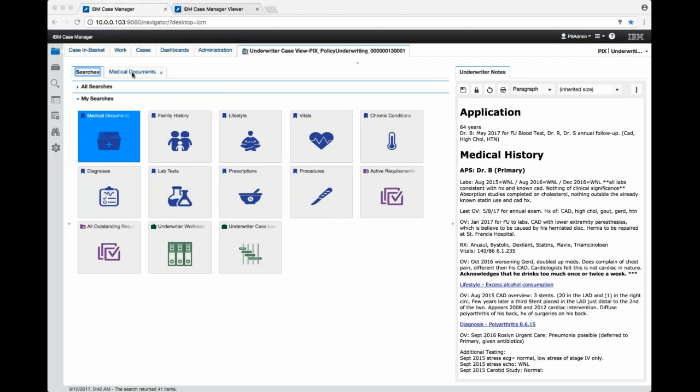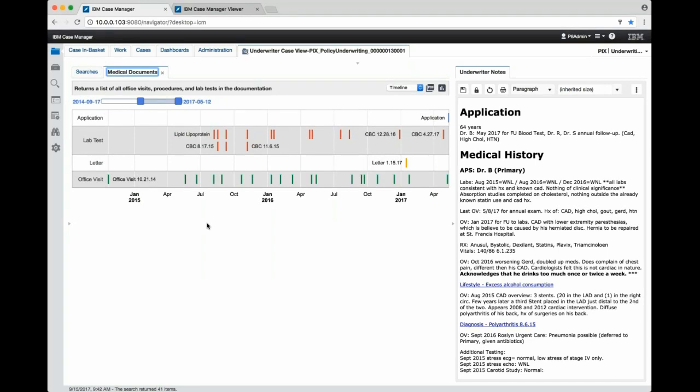So what you'll see first is one of our capabilities that we've developed using custom extractors and custom actions with Datacap Insight Edition. And here you see in this top gray bar lab test results, and you can see the results called out with the date that the results were determined from the lab test. And these little red bars would actually take me right to that document so I could open that document up. These are bookmarks that we've created from those custom extractors so that it makes it easy for the underwriter to